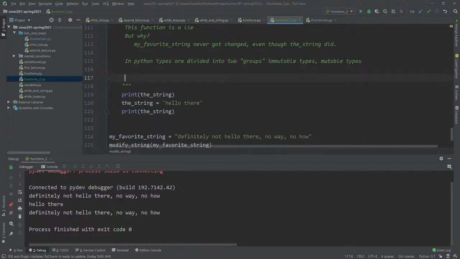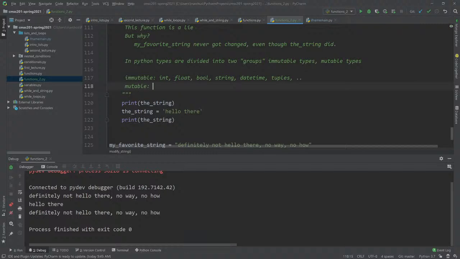Okay? And so in Python, the things that are immutable are things like int, float, bool, and string. And then there's some other things that you'll learn about later on, like datetime, which is immutable, and tuples are immutable, and there's a bunch of other immutables.